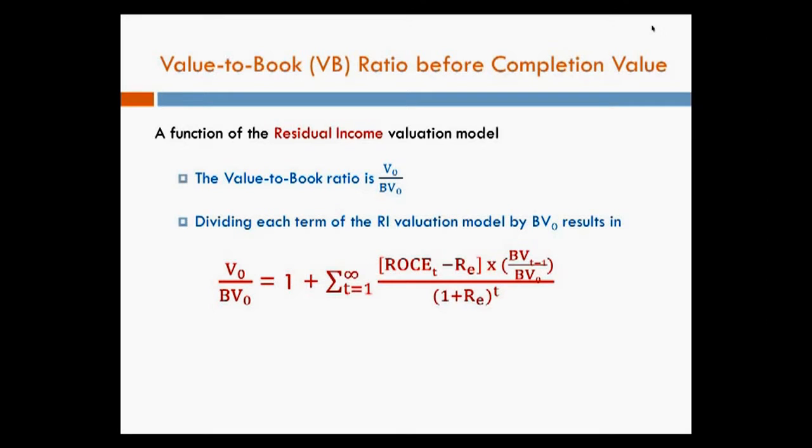Notice that the value to book value ratio starts at the number 1. Right? It's 1 plus something. And all this is, it just took our valuation model and divided it by the book value. So it took our valuation model for the residual income, the one we just did this morning, and divides it by book value, and this is the result of that division. In other words, it starts at 1. Value is equal to book value at 1, plus